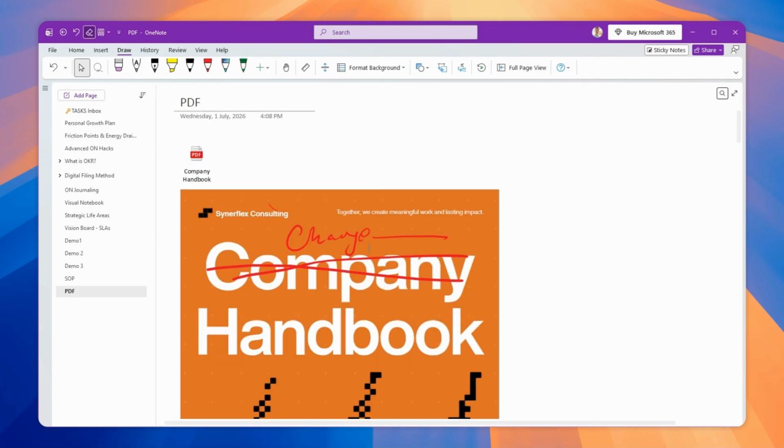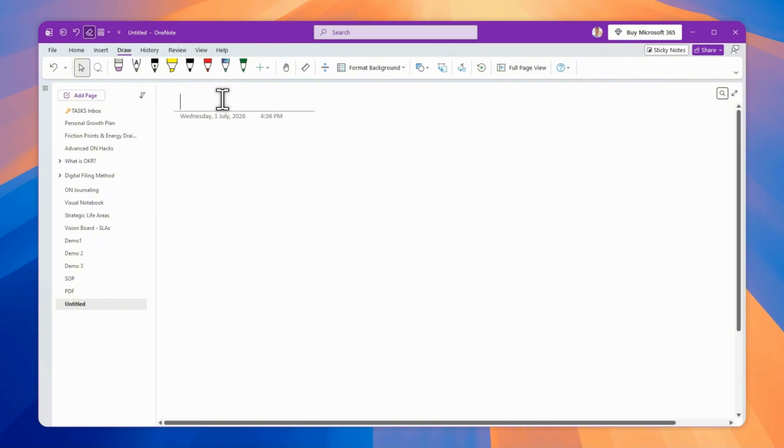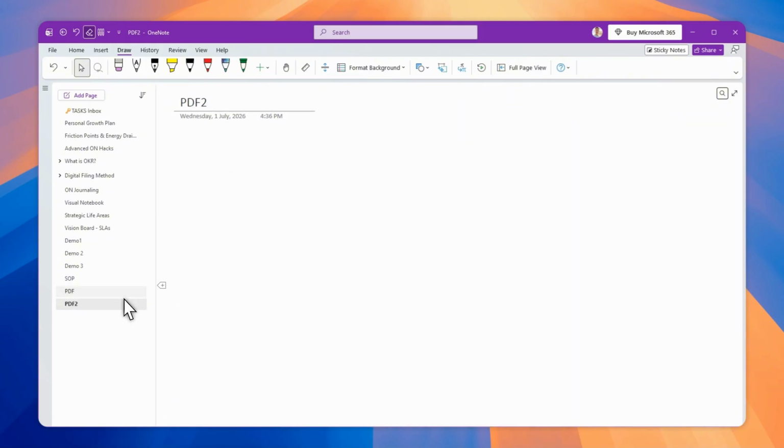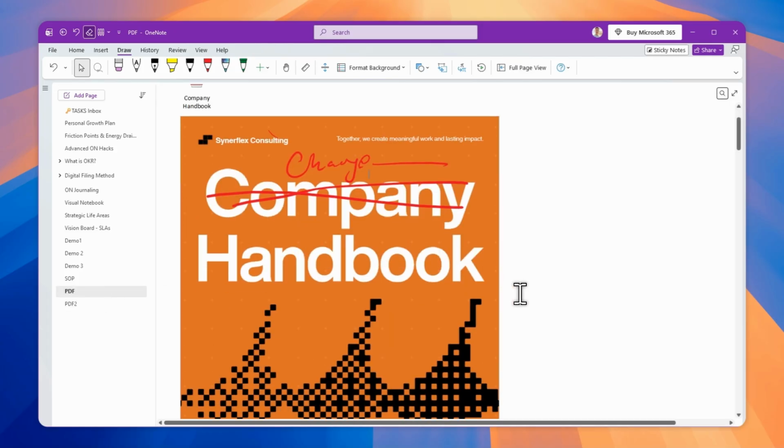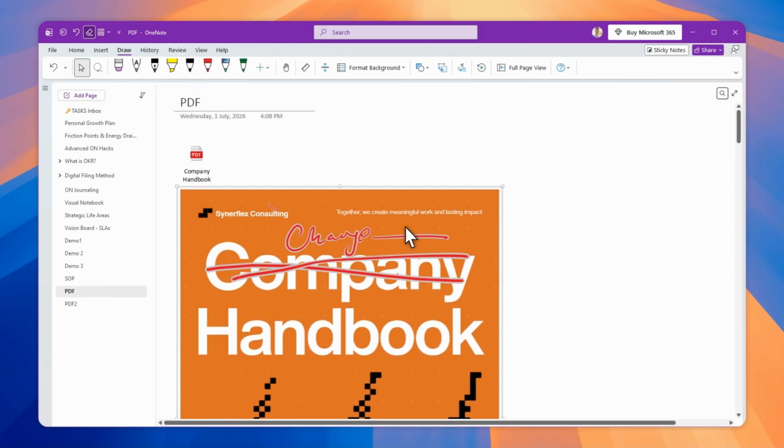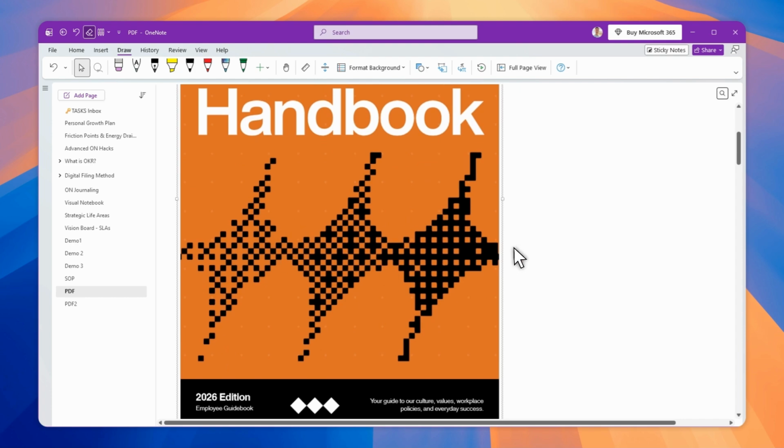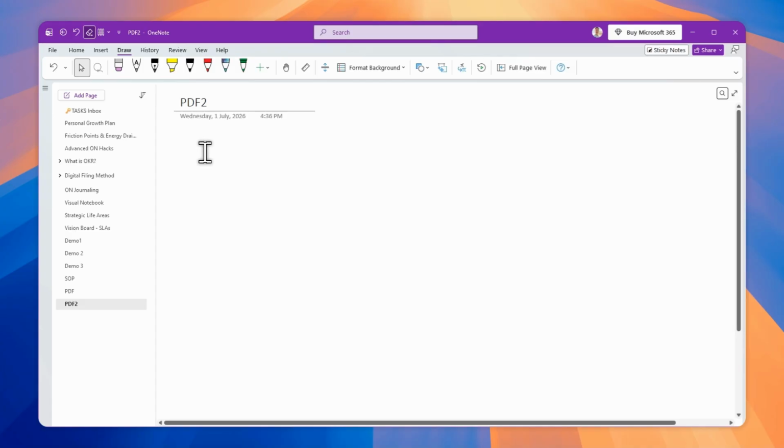I'm going to show you another way before I share with you how to share this with your team members, right? Let me just open another page, okay? It's called page 2. Now, if you look at here, I can move this, I can edit the PDF file, right? Now, what if I want to share something to my group, to my teams, and I don't want them to